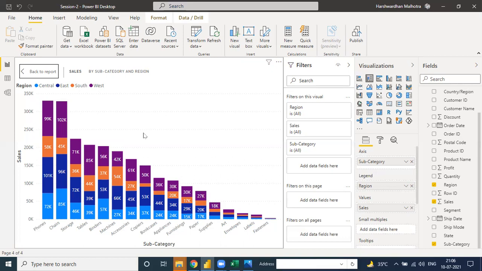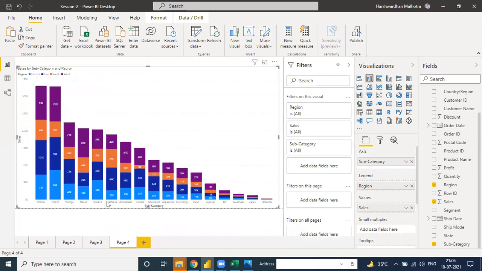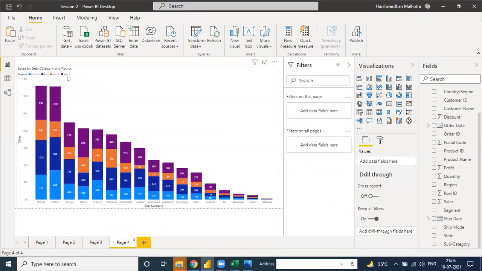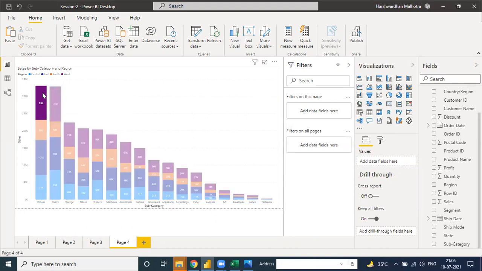So this is a stacked column chart, and it's an advanced column chart. Go back to page 3, it's a simple column chart. The total is 330, sales by subcategory. But here, the sales by subcategory is with region. Total sales is the same, 330, but divided into four regions. When you click on the chart, phone and West, you have to show 99K. And when you click phone, West, sales is 98,684.35.